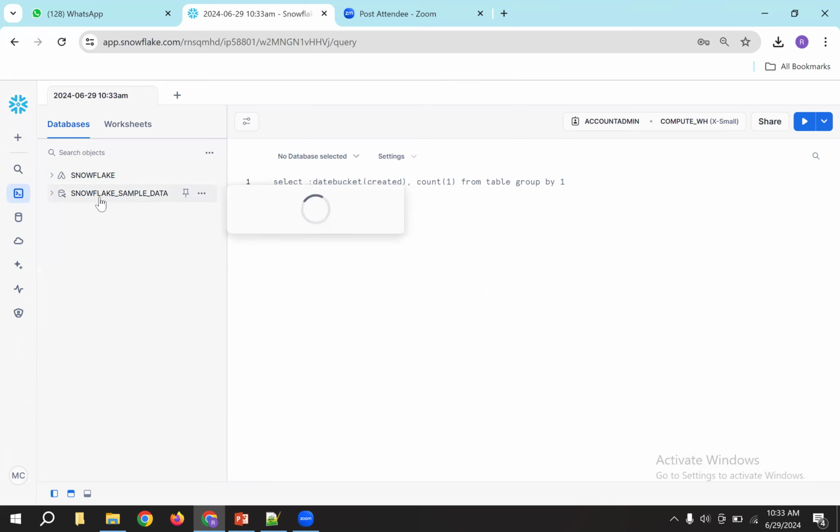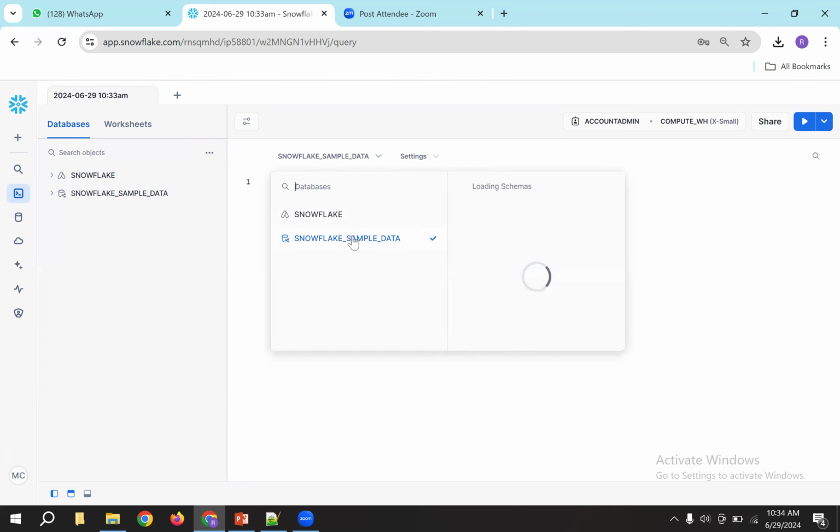So these are the databases. Here we are going to write the SQL queries, guys. All the SQL queries here we are going to write. So I will select some database. I'm selecting a database here. It is loading the schemas.